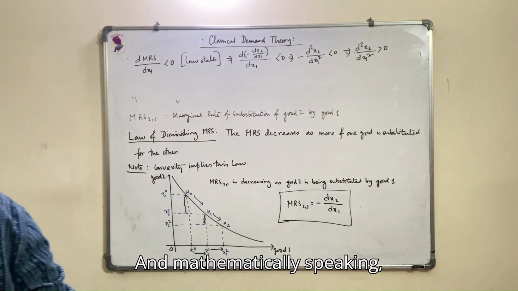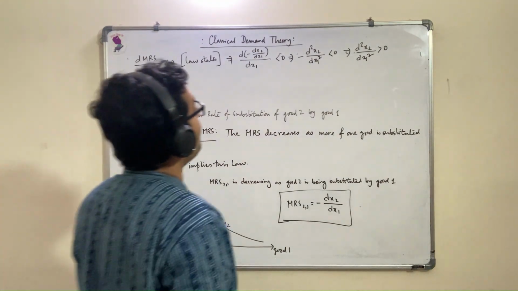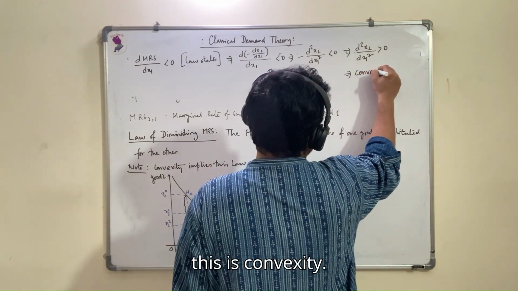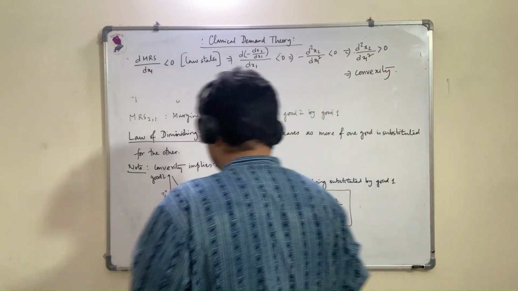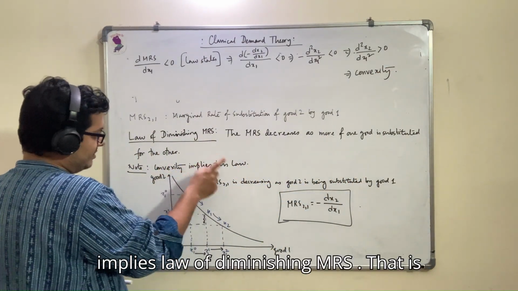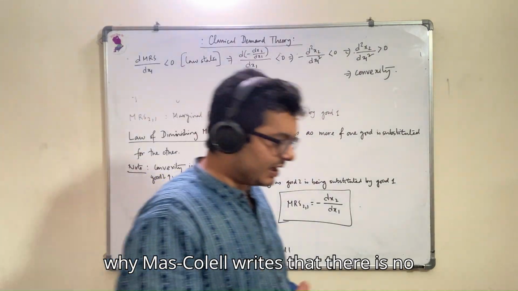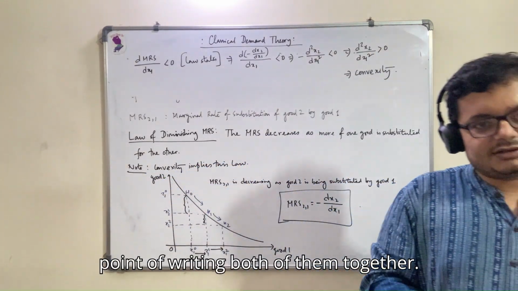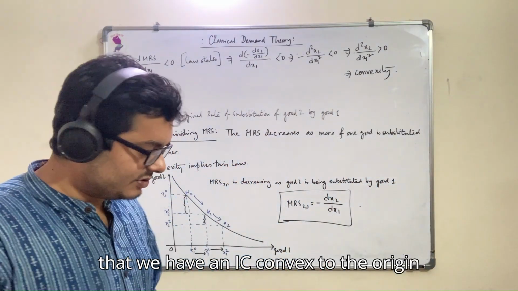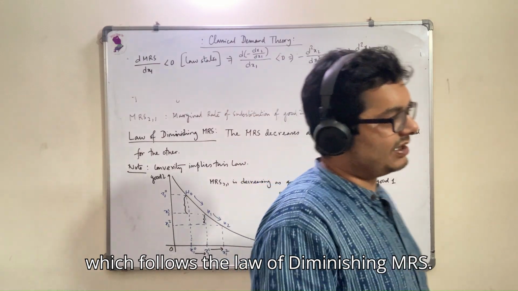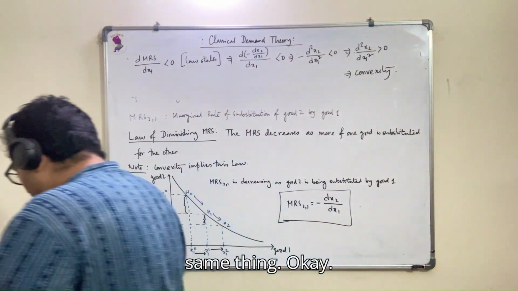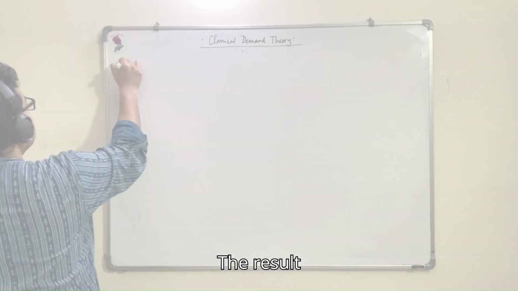And mathematically speaking, this is convexity. So that is why convexity implies law of diminishing MRS. That is why Mas-Colell writes that there is no point of writing both of them together, that we have an IC convex to the origin which follows the law of diminishing MRS, because you are just repeating the same thing. Okay,